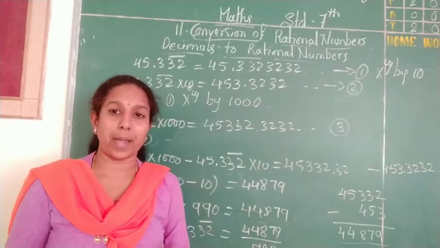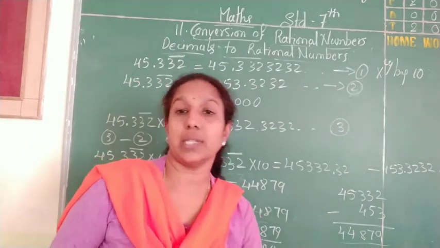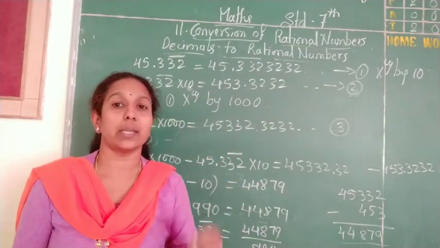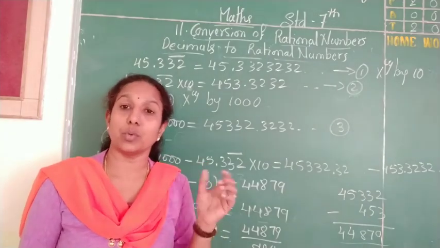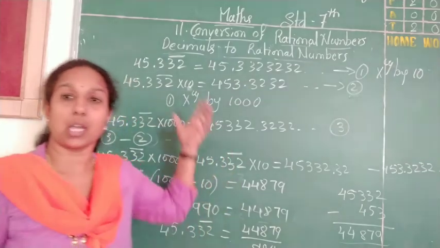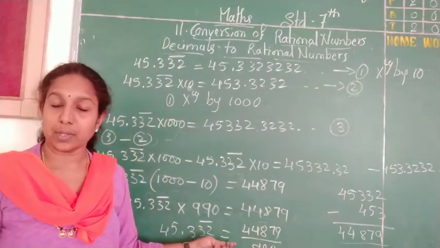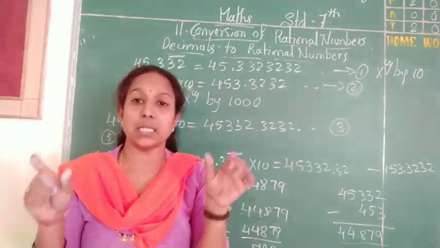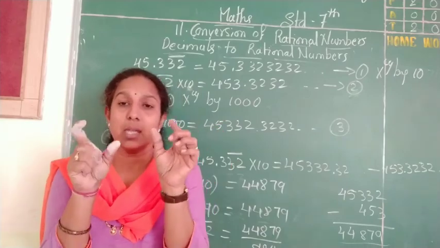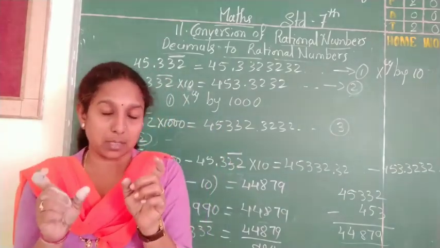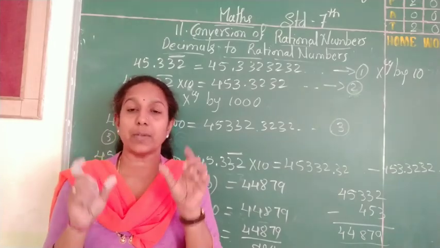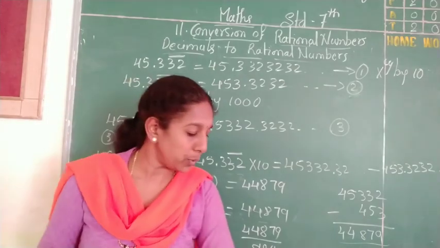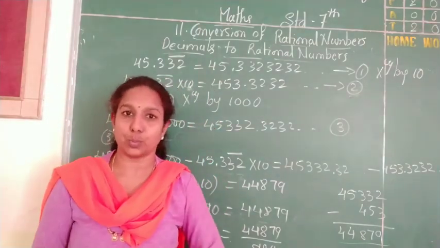In the same pattern, questions are given on the addition and subtraction of rational numbers too. There, first you convert the given recurring decimals to rational numbers. After converting, whatever answers you get for both decimals, you have to add those two fractions, or if it says subtract, you have to subtract. Remember when you are doing this, don't forget to follow the steps. Okay children? This is how we solve exercise 11.2. Thank you children.